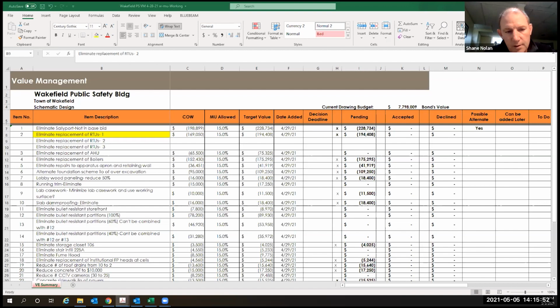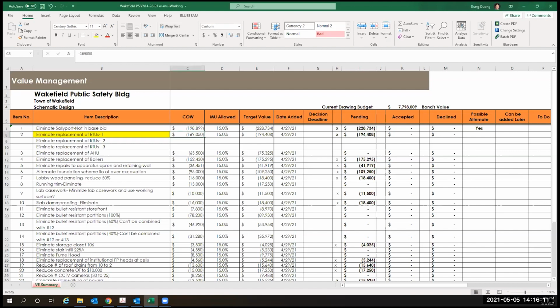So I think we need to change these numbers then. Dong, if you can go back and take a look at them, but rooftop unit number 2 is now 17,000 CFM. So that's probably an add and not a deduct. I have the cost here, so I will make the changes. Let me see right now. So RTU1 is